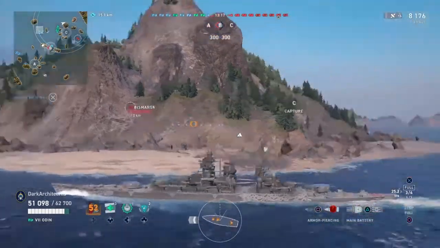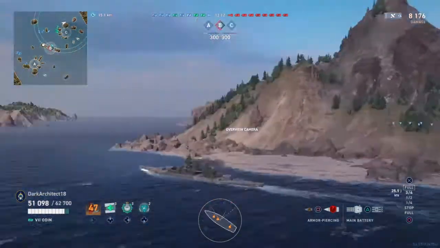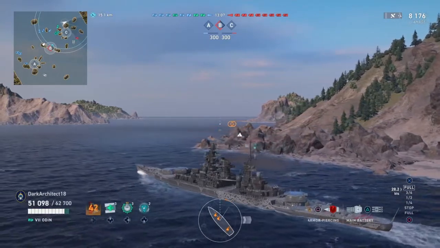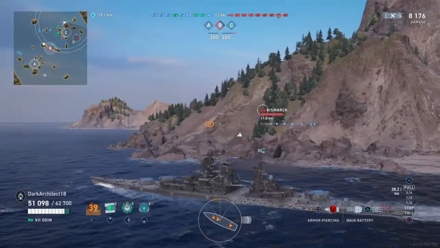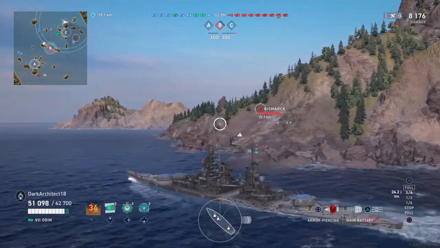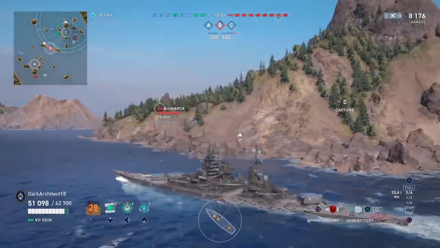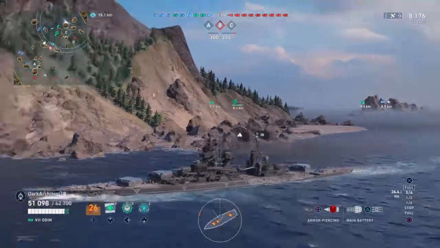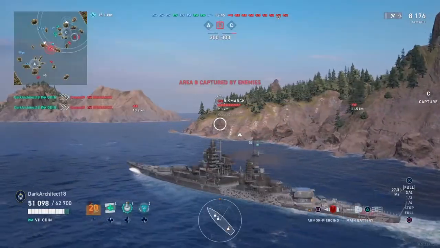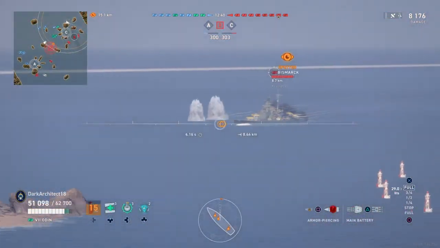Maneuverability, 52 rating, 30.9 knot max speed, 790 meter turning circle radius, 11.2 second rudder shift time. Concealment, 23 rating, detectability by sea, 15.1 kilometers, 17.4 kilometer firing their main gun, 17.1 kilometer when a ship is on fire. Detectability by sea is 12.2, 18.3 kilometer when firing a main gun, 15.2 when ship is on fire, 2 kilometer guaranteed detectability, and 11.9 detectability when firing in smoke. So Tirpitz and Bismarck we're gonna compare